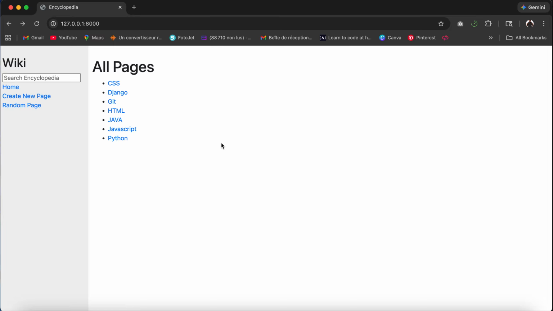This is my Wiki project application, a Django-based project that allows users to view, search, create, and edit encyclopedia entries. First, on my home page, as we can see, we have some entries: CSS, Django, Git, and so on. When I click on one entry,